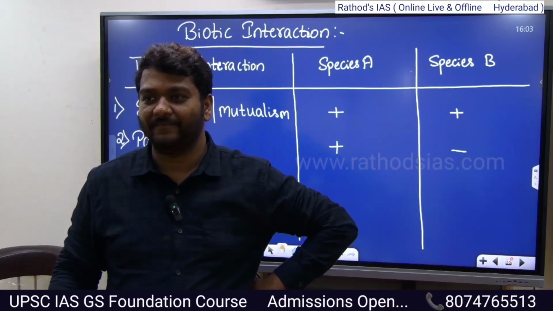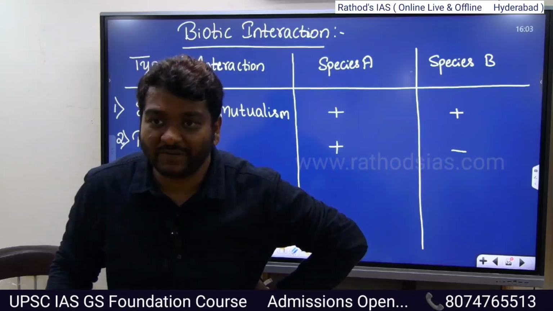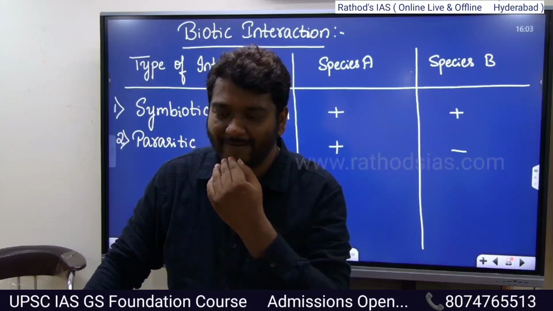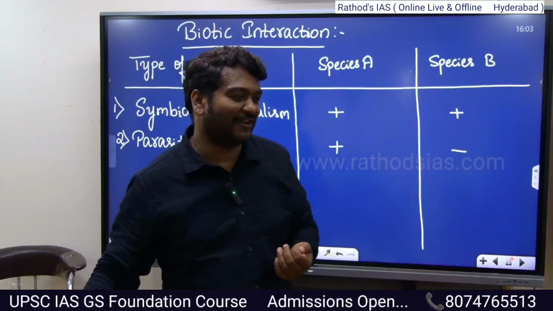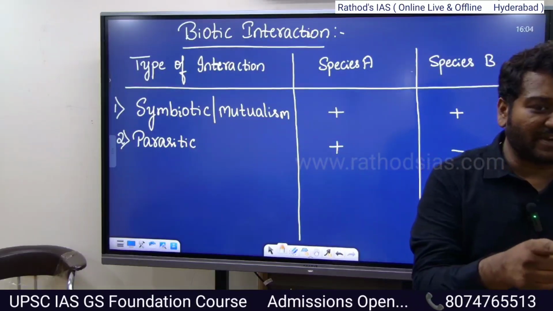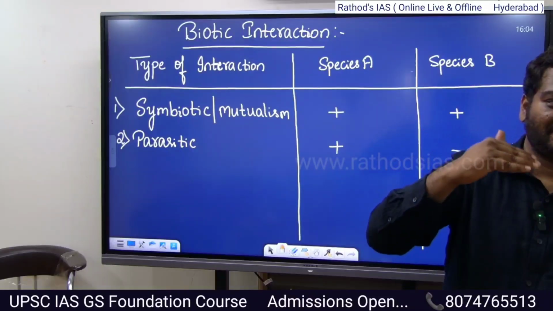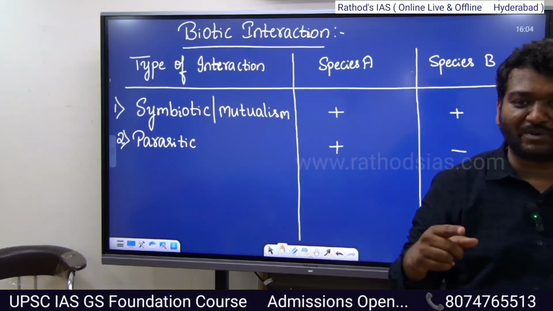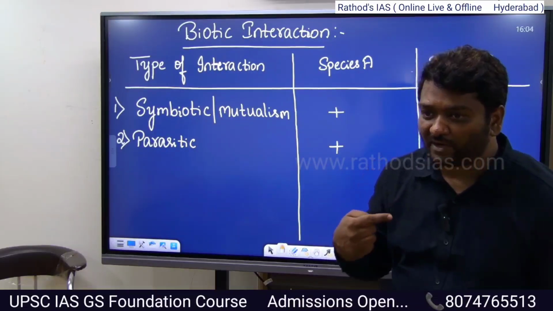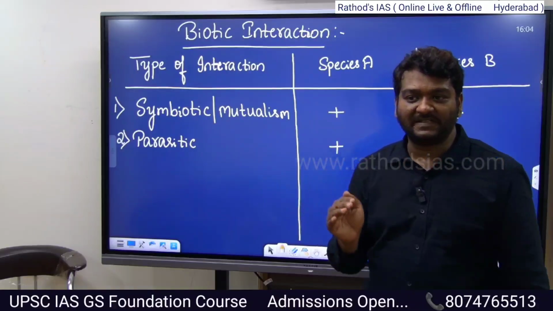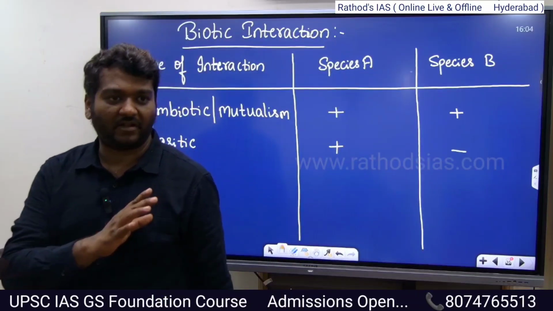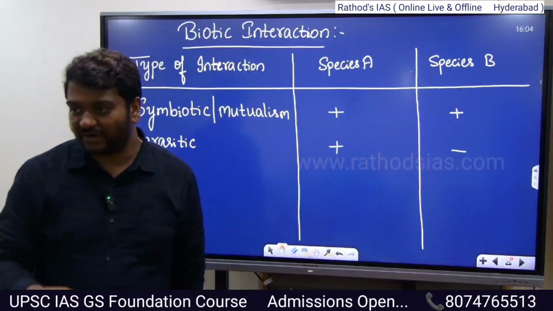Think. Which one? Acha, eating non-veg. Okay. Yes? Lion and deer. So can I say what she is trying to tell is food chain. Can I say the food chain is a very good example of this? One gets the food, another one gets affected. So that is called as what? When one species gets benefited and the other species gets affected, we call it as what? Parasitic. You write below